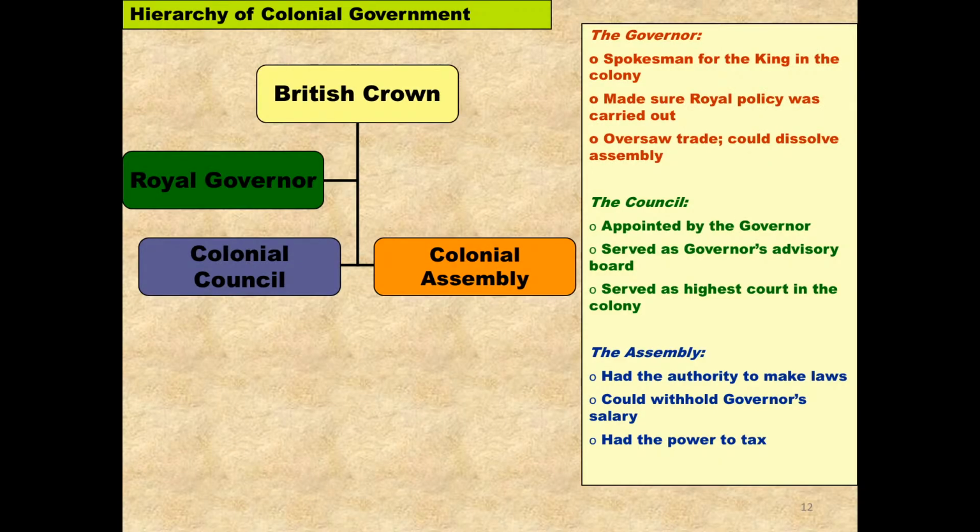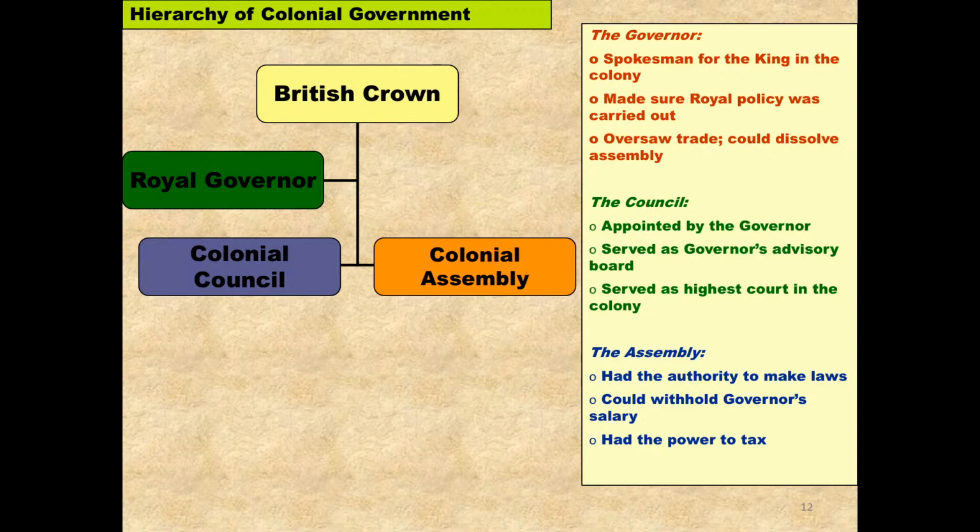So, speaking of the government structure though, here in the colonies, this is your hierarchy. You got the British Crown on top, right? And they send royal governors to the colonies, and the governors are basically supposed to act on behalf of the king. So any sort of policy that's coming from the king or from Parliament goes through the royal governor and disseminates to the colonies.